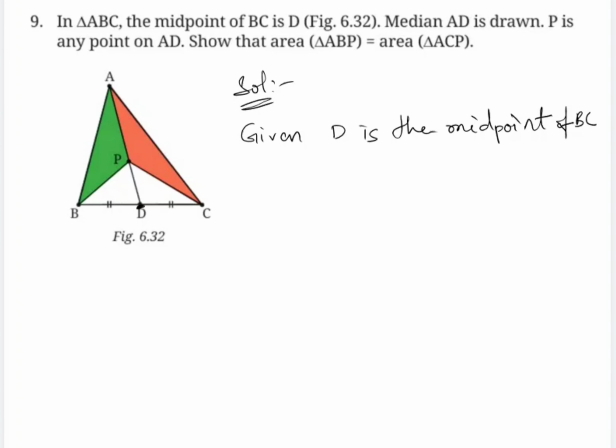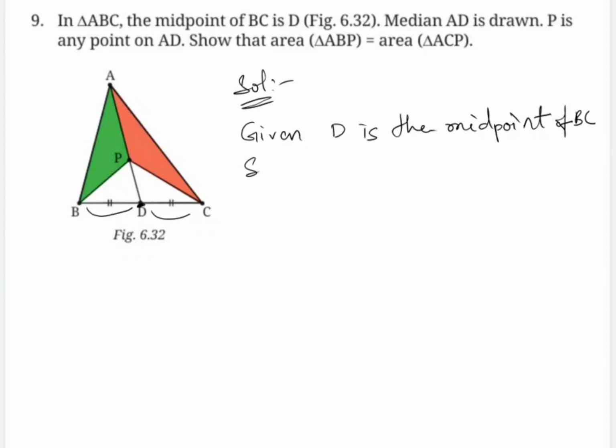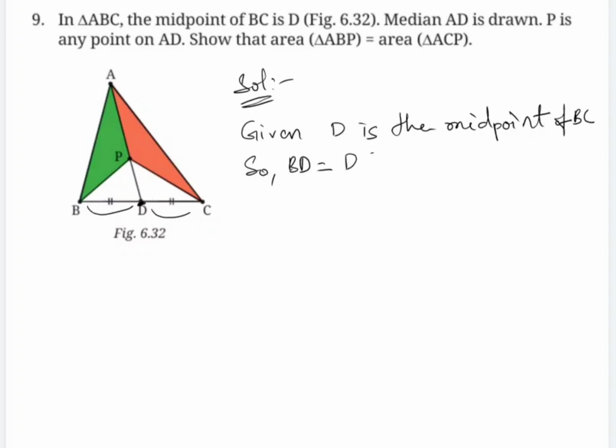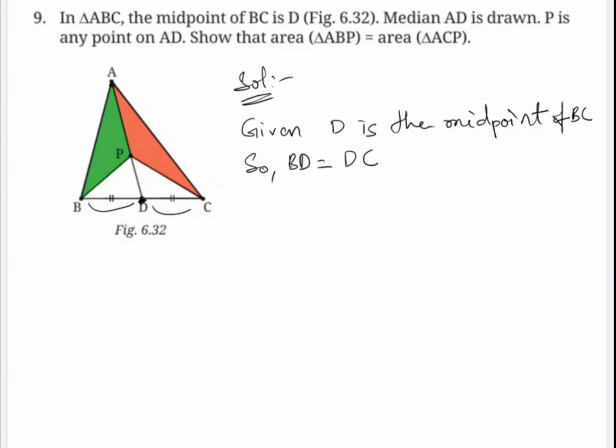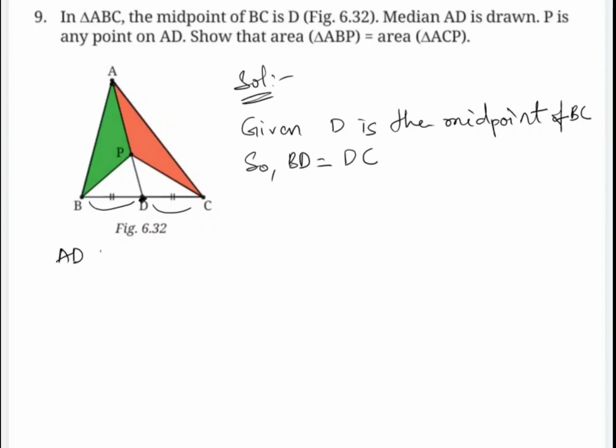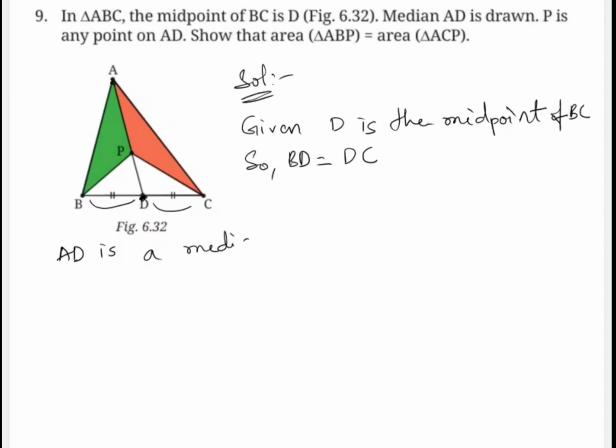If this is a midpoint, then BD and DC are equal. So BD is equal to DC. If we draw a line from the midpoint up to A, then AD is the median. So let us write down, AD is a median,